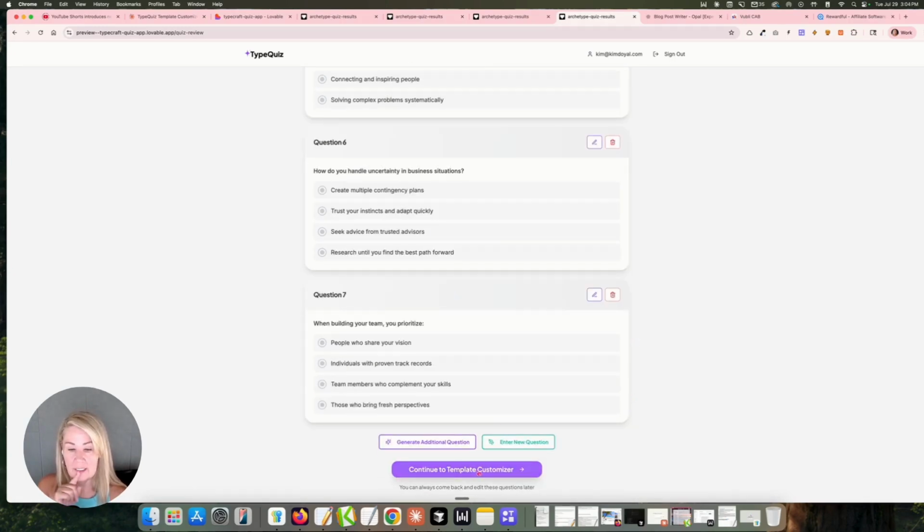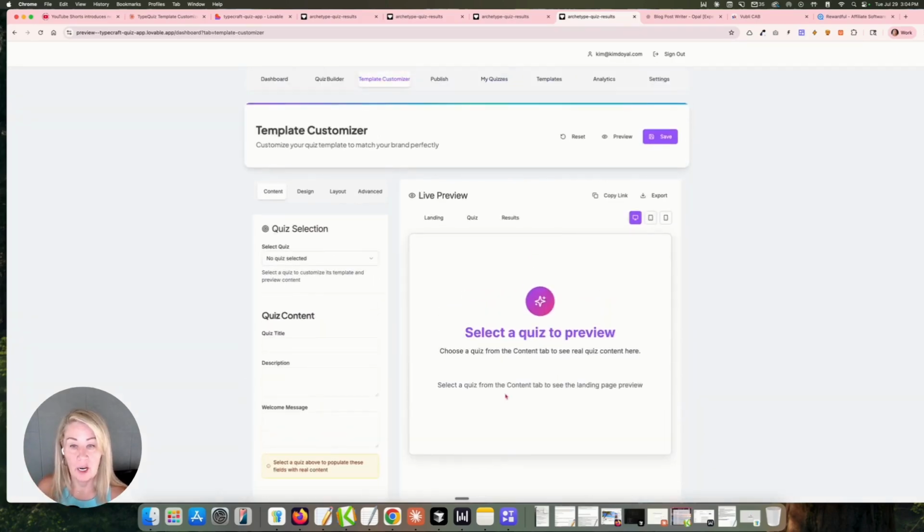Now, I don't think this is linked yet. It's not linked, but we'll just go ahead and jump over. Oh, it did. Oh, that was slow. Okay. Let me tell you, this has been an interesting journey with the template customizer because I'd had this visual